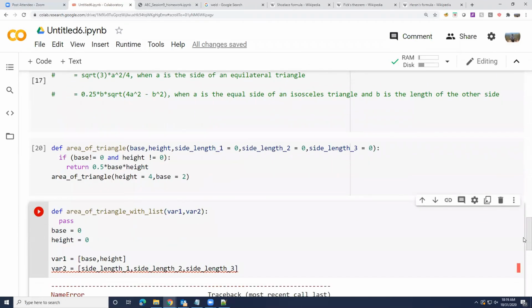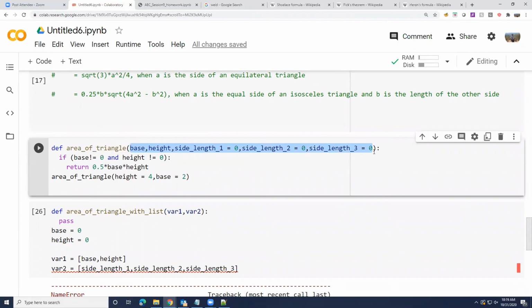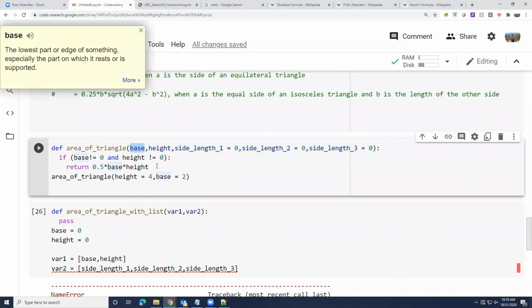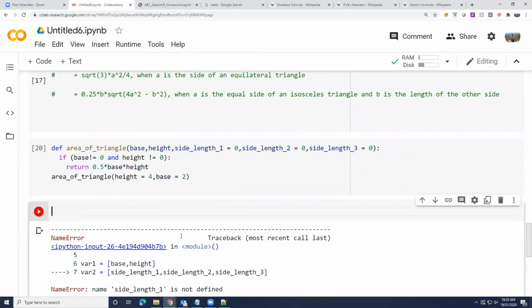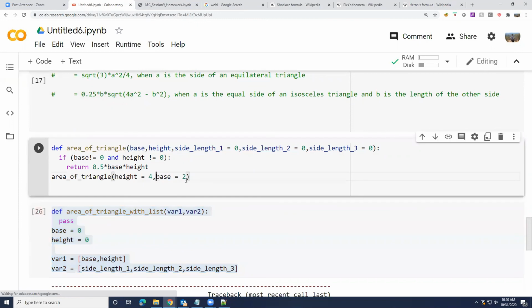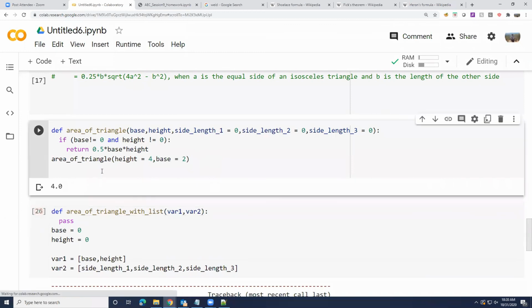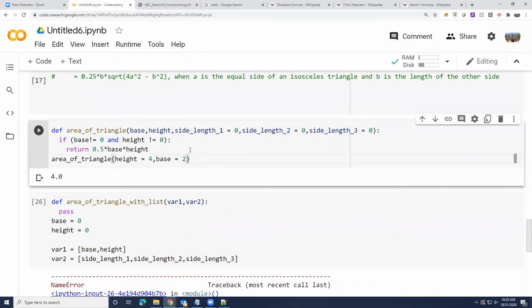So our choices are limited. Our choices are either use variables which each hold one value, or use a collection like a list and pass it as one variable, but then you don't know what you're passing as input, or use a dictionary. So those are our choices. But if you want to call the function with varying inputs, you have very little choice really left. So in this case, it seems to work, right? When I said height equal to 4, base equal to 2, it seems to work. Yeah, our choices are dictionaries or named parameters with optional values.